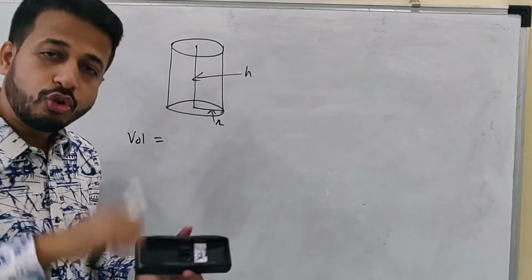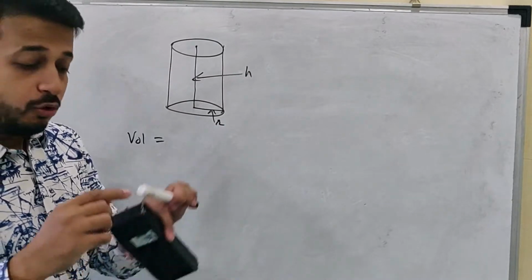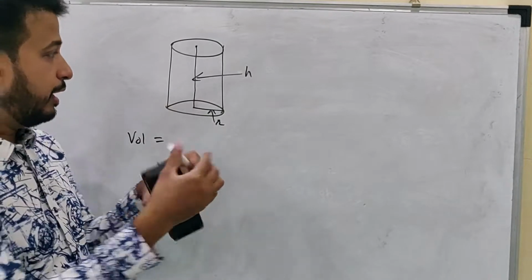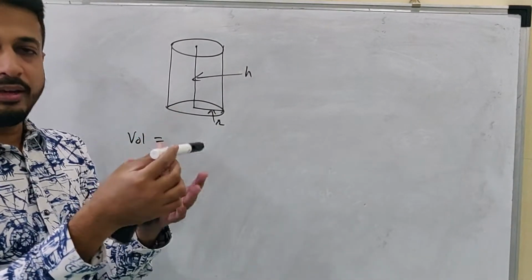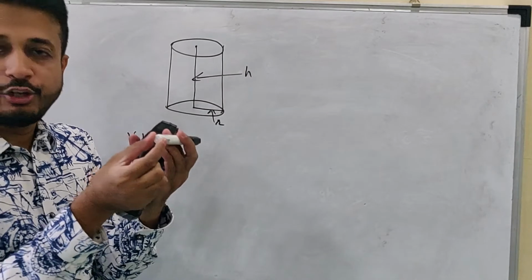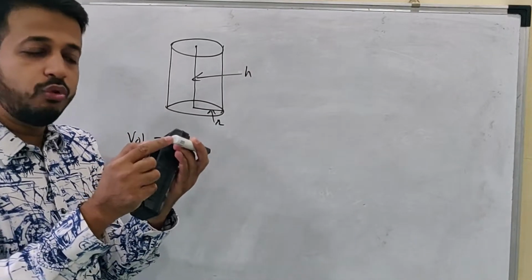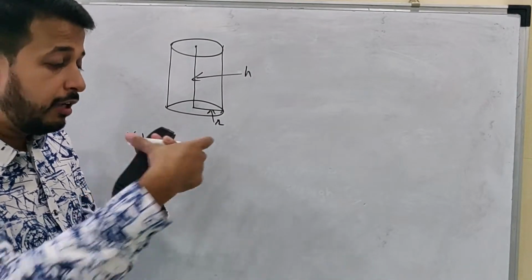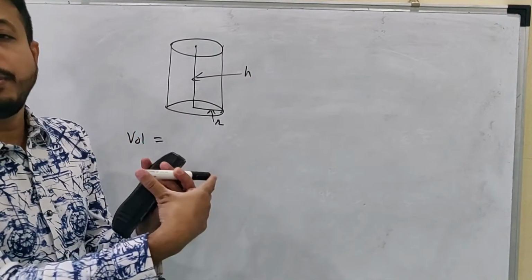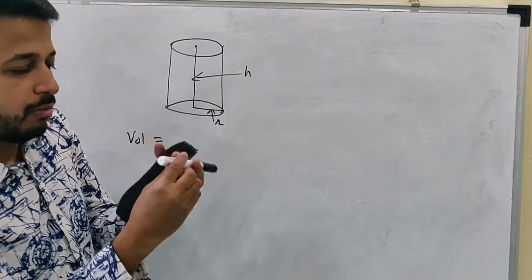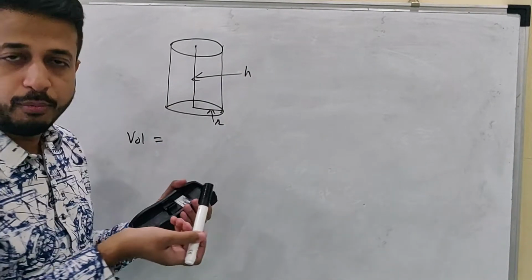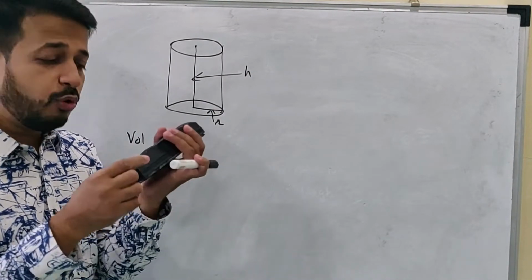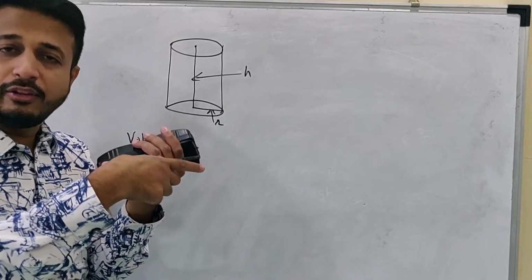the volume of a cylinder can also be found by knowing its cross section. Do you know what the cross section is? If I take the cylinder in this way, then this circle is my cross section, right? So cross section into its length can be used for finding the volume, and we can find the volume of any shape using this: the cross section of that shape times the length.